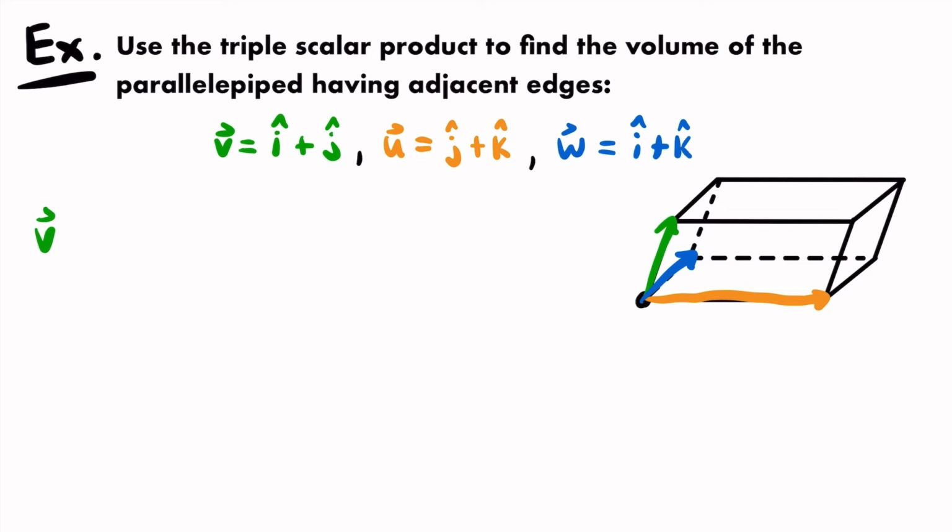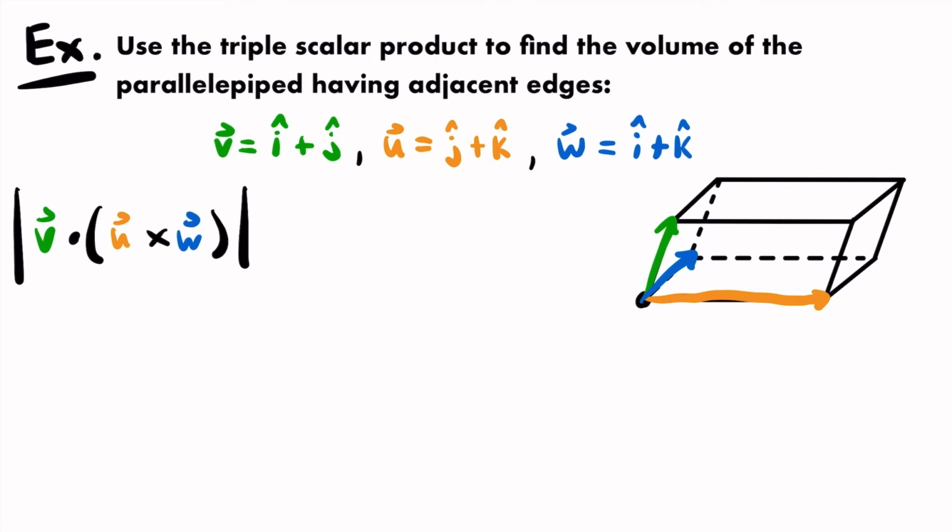All right, and so here's what that's going to look like. I'm going to take vector v and dot product it with the cross product of vector u and vector w. So we're going to have vector u cross vector w. But now there's actually one more thing that I'm going to add to this expression, and that is absolute value bars. The reason I'm adding those is because sometimes the triple scalar product will give you a negative result, but we can't have negative volume, right? We're only going to be interested in the absolute value of this triple scalar product